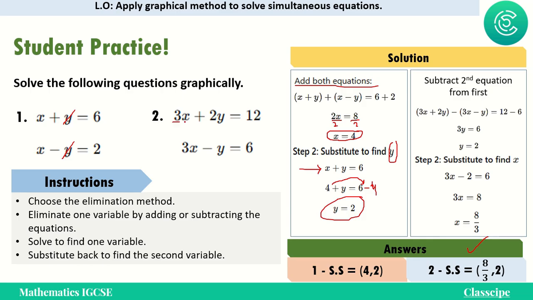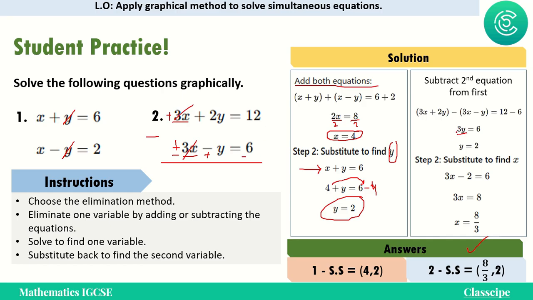Same is here in the second question. See here, 3x is here, 3x is here, this is plus, and this is also plus. So how can we eliminate? Very easy. We'll use the subtraction method, right? Because in the subtraction method we change the signs or the symbols of the second equation. So this is plus, this will become minus, this will become plus, and this will become minus. Plus 3x minus 3x, they will cancel each other. Now 2y plus 1y will be 3y,